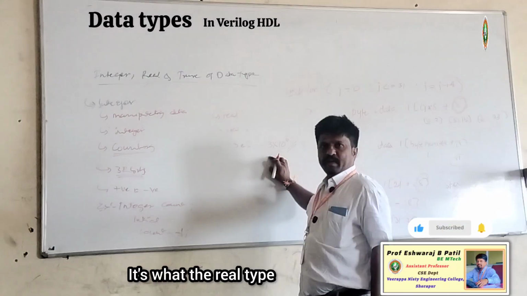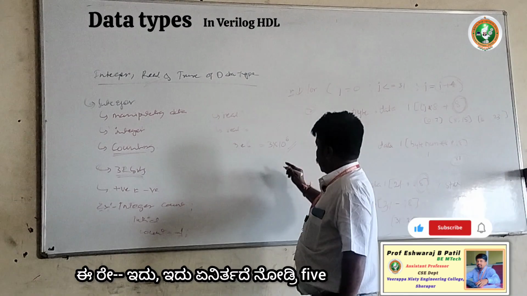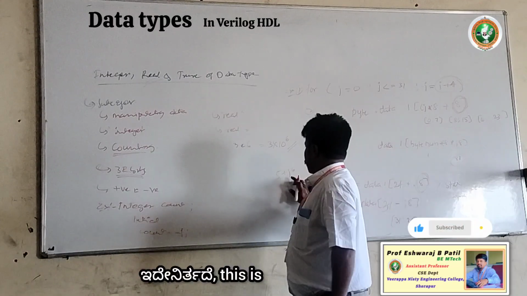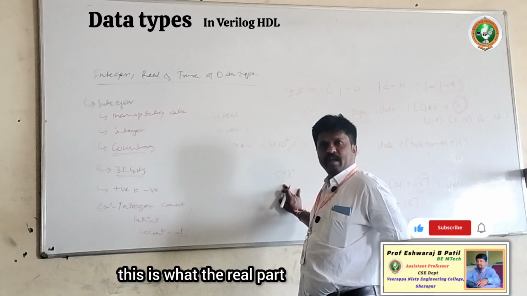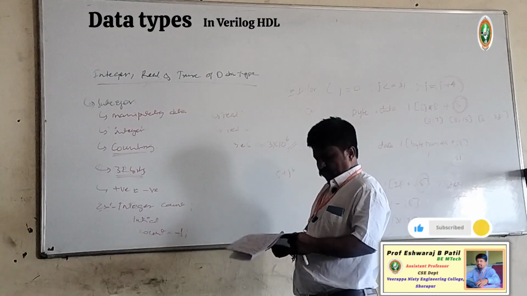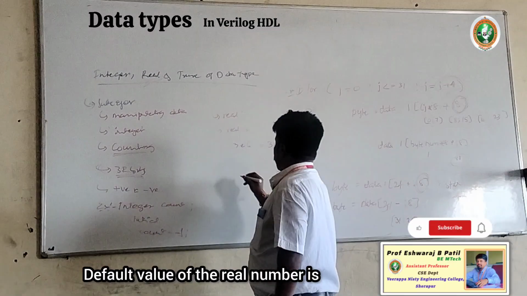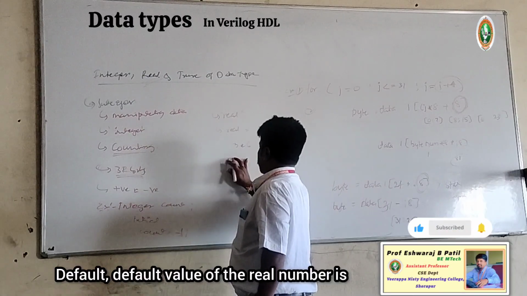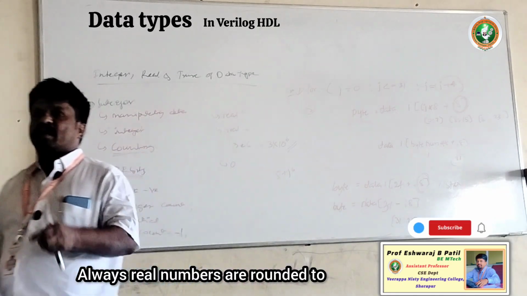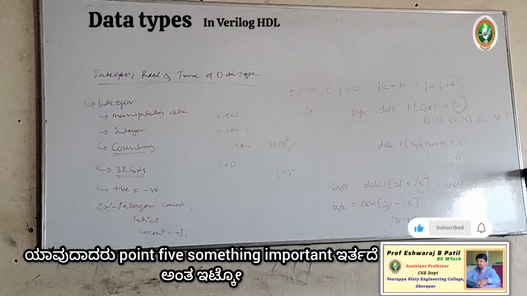It's the real type. It can be an imaginary value or real type. ಇದೇನಿರುತ್ತೆ ನೋಡ್ರಿ 5. ಇದೇನಿರುತ್ತೆ ಇದು this is the imaginary part, this is the real part, which can have values such as 3e6 also. Real numbers count always start range in the declaration. Default value of the real number is 0 only. Always real numbers are rounded to one value. Whenever it may be one number ಇರ್ತಂತೆ ಯಾವ್ದಾದ್ರು 0.5 something ಕೊಟ್ಟಿರುತ್ತೆ